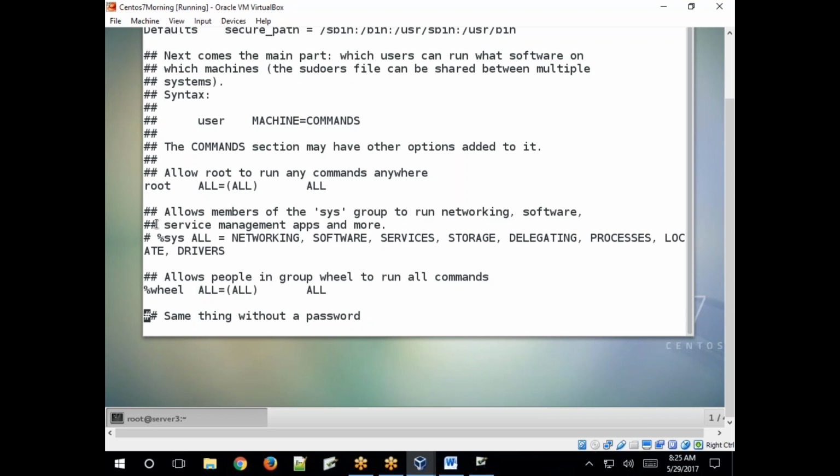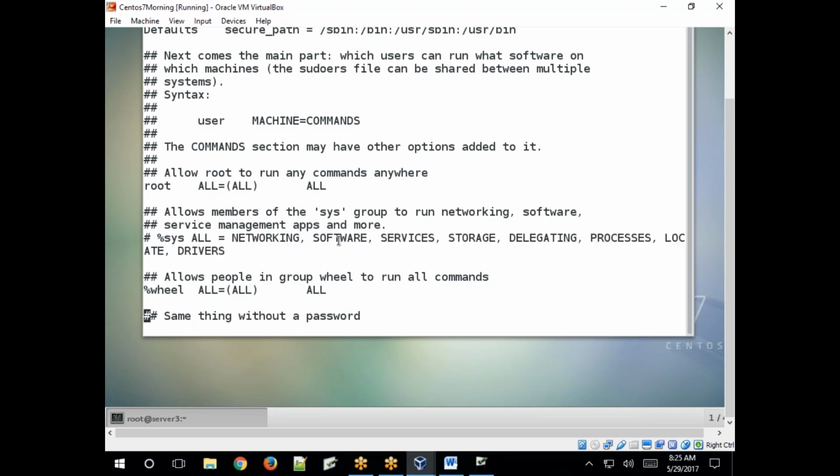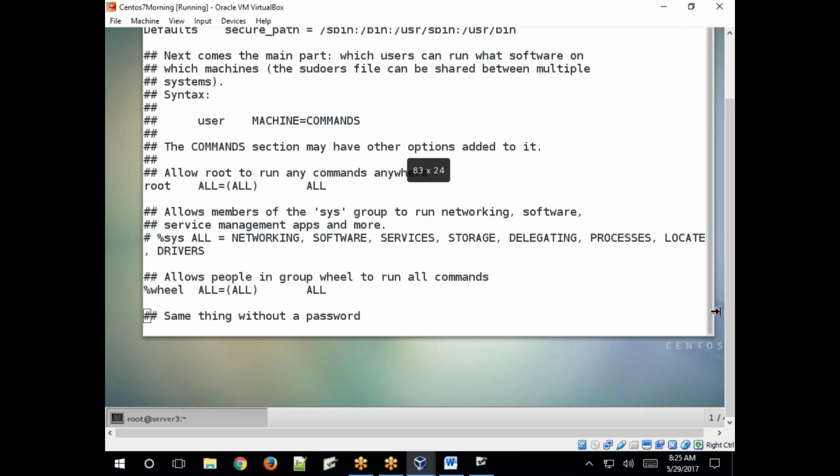If you enable this, whoever belongs to this group can perform these actions: networking, software, services, storage, delegation, process, like this. Locate, drivers, these actions he can perform.